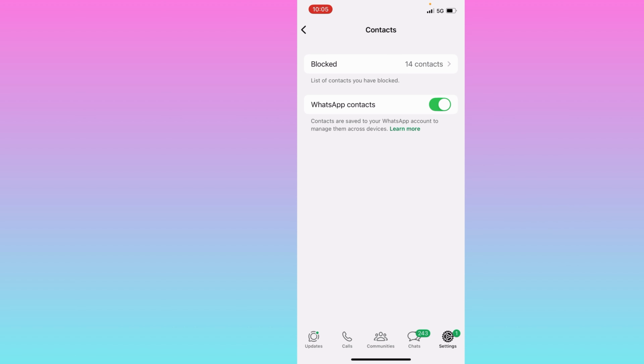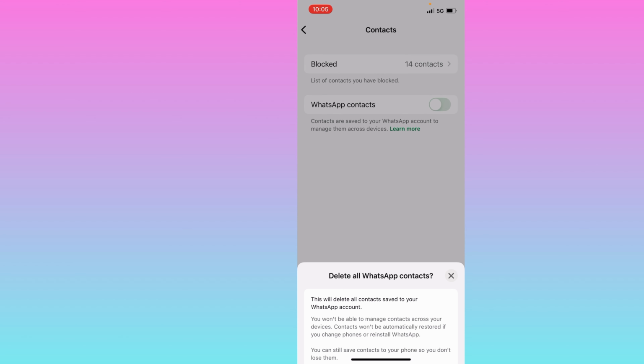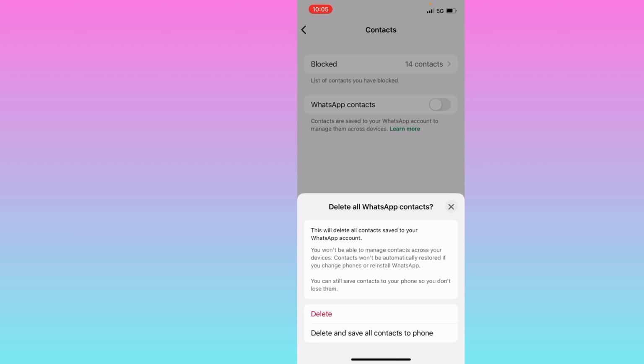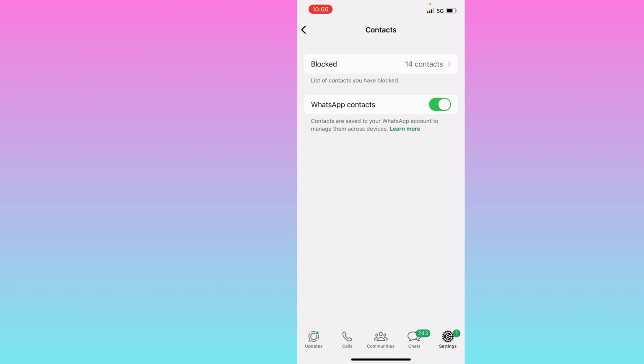So see, if I try to disable this, you can read: this will delete all contacts saved to your WhatsApp account. Okay, so if you enable this, all those contacts will be saved to your WhatsApp account, or we can say